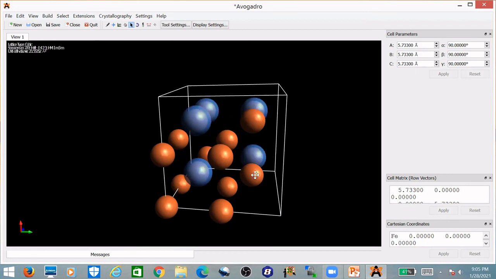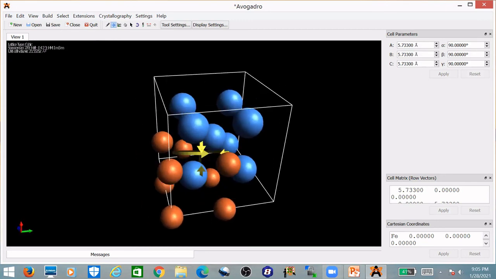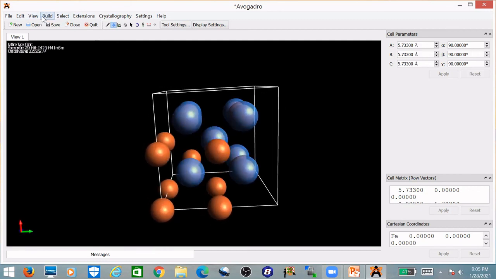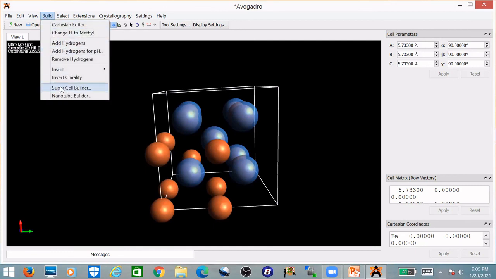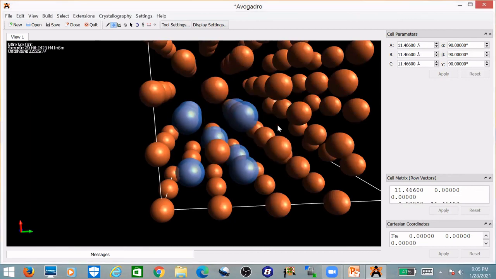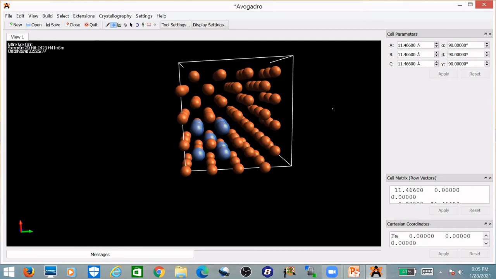That's the 8 corners, and then one at the body center. Again, rotate. Yes, perfect. So you can get the unit cell. If you want to replicate it more, again go to the build, supercell builder, and repeat it: 2, 2, 2, and then generate cell. You got a bigger supercell. Similarly, you can build it more depending upon your system memory and the graphic card.